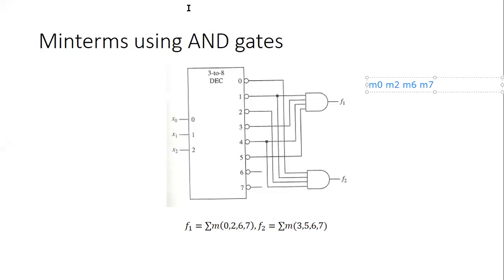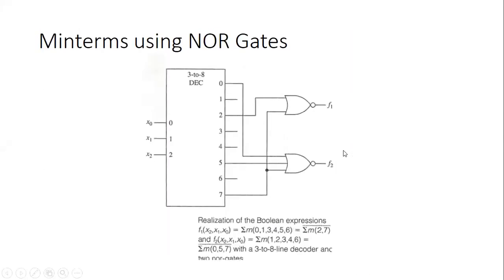So you can also implement Boolean expressions using decoders. We have seen some examples. The first example, min terms using NOR gate. If you're implementing the question as it is in an active high implementation, you're going to use an OR gate. If it is being asked to implement with a NOR gate, then extract the min terms which are not there in the question and connect them to a NOR gate.